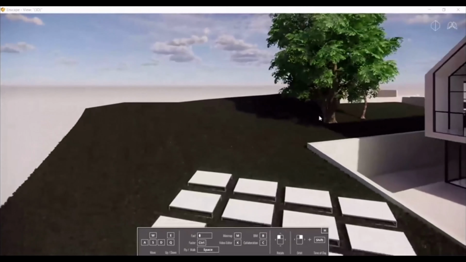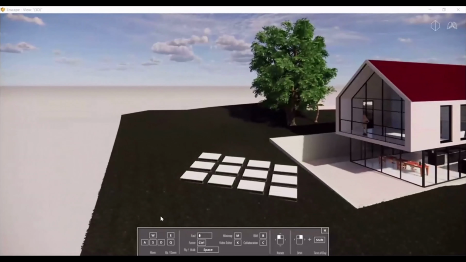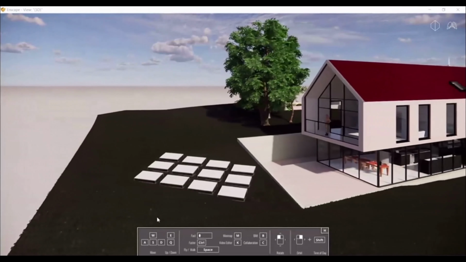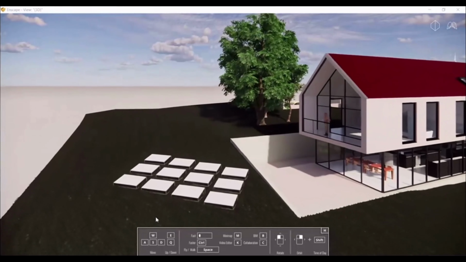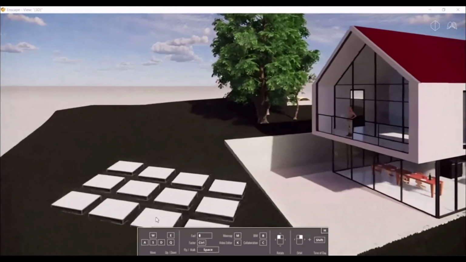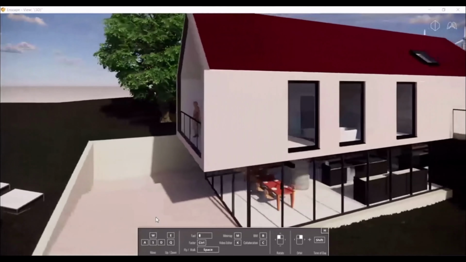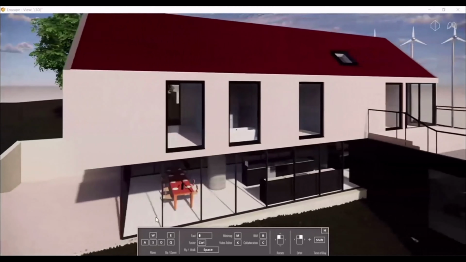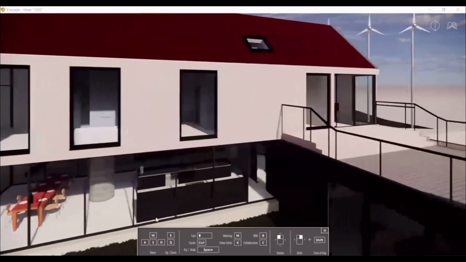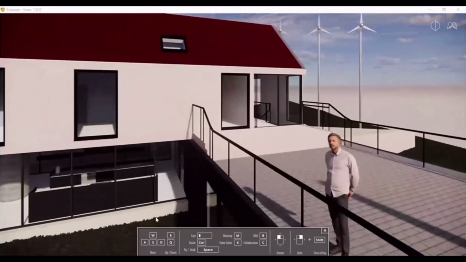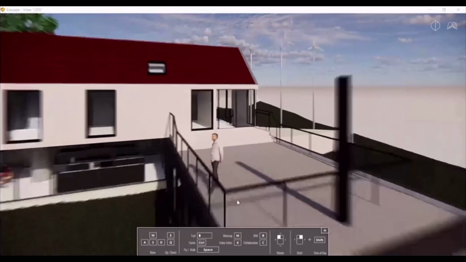And with the scroll button you can zoom in and zoom out. Your A and D are there to move left and right, and you can use both WASD and your arrows to work faster. And if you add Control with that, you will walk or fly even faster.